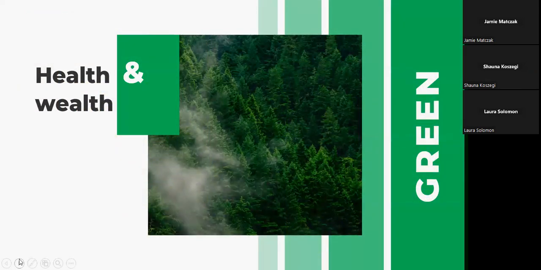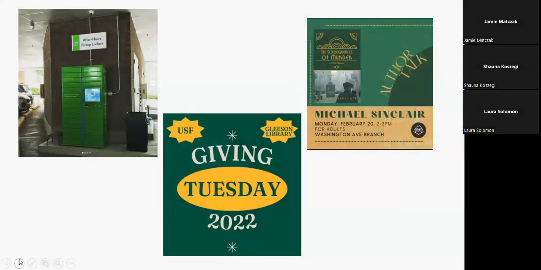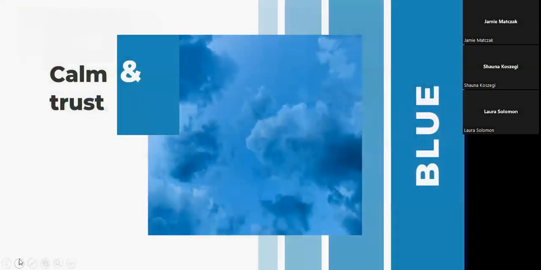Green, which is my favorite color. Here are some options for green in different ways. I think green is, although it's my favorite color, I think it can be used overly much. These kind of like that. Katie says I like yellow for accents. So libraries are using all kinds of color.